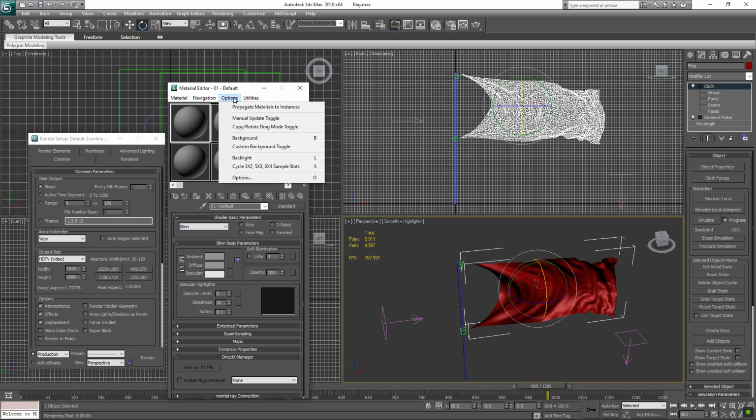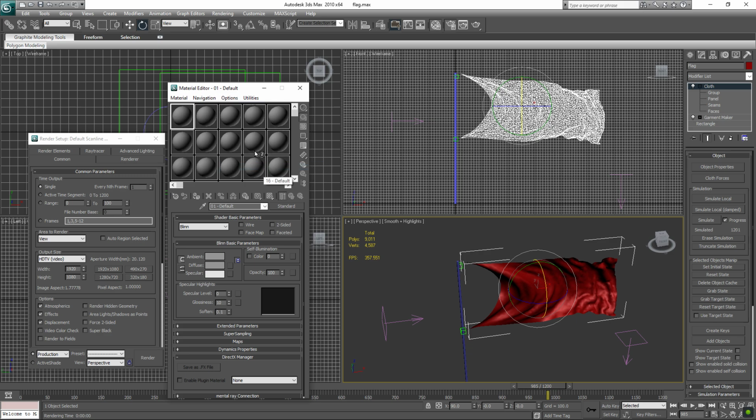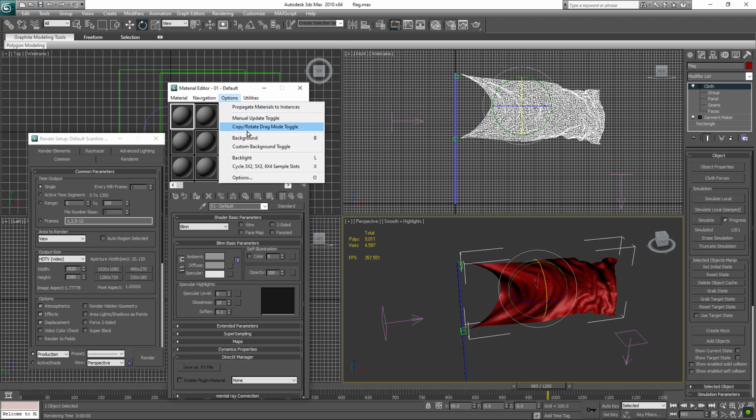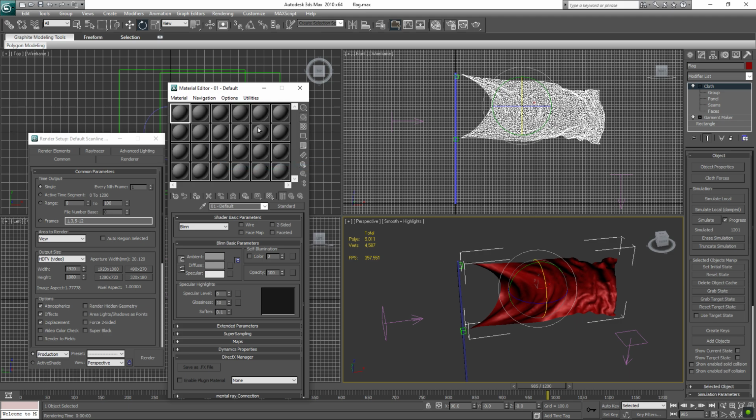But clicking on option and cycle them, you can cycle and bring the amount just like I had, a lot of spheres, so you can pretty much create a material for every single object on your 3D scene without any issue. Go ahead and save that. Okay, next we're gonna click on first material, and I'm gonna name it flag